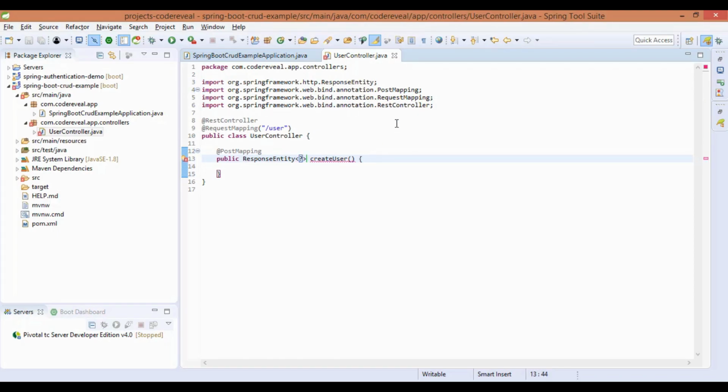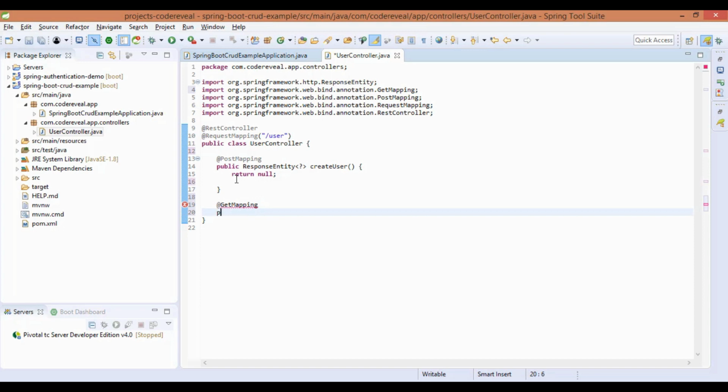For now let's return null because we have to create the user entity also. We have to define the method for GetMapping whenever we want to get any user detail. So this is the method that will be called to request any user detail.